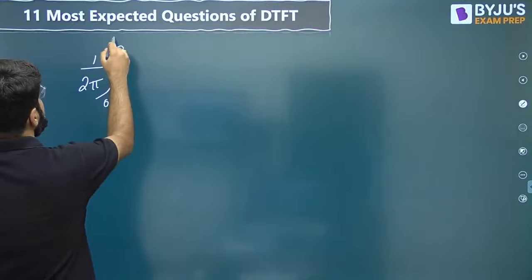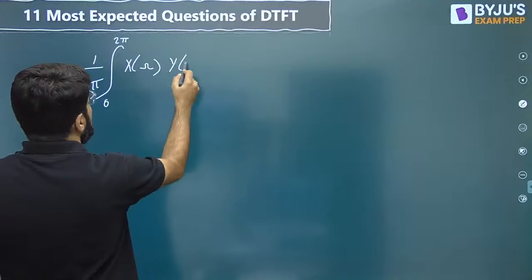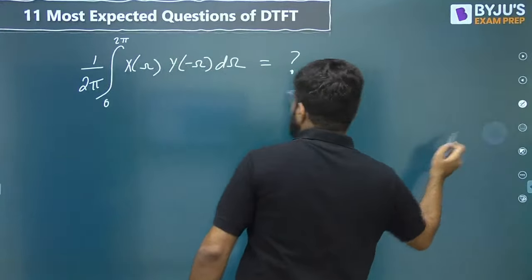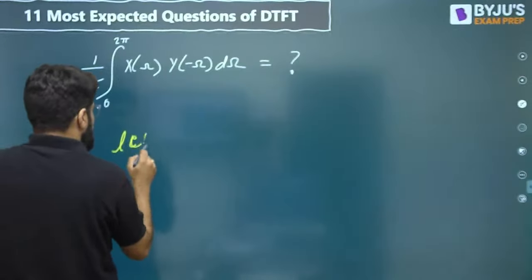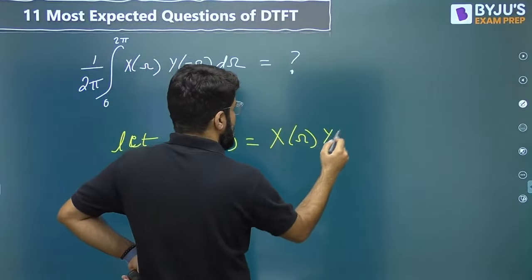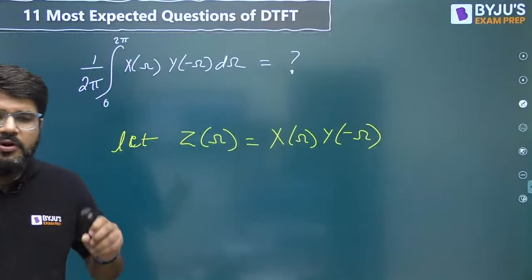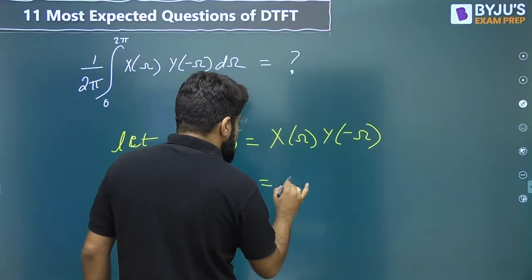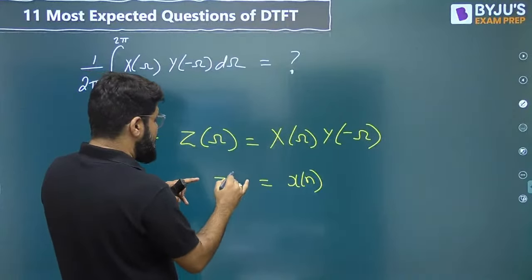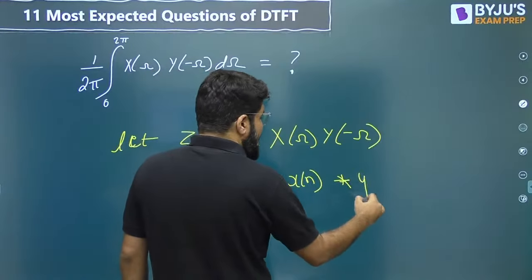1/2π ∫ from 0 to 2π X(ω) Y(−ω) dω. That is the question. So let us first say there is a function Z(ω) which is equal to X(ω) Y(−ω). So two DTFTs are multiplied. Two Fourier transforms are multiplied when there is convolution in the time domain. So in the time domain, the signal z[n] should be the convolution of x[n] with